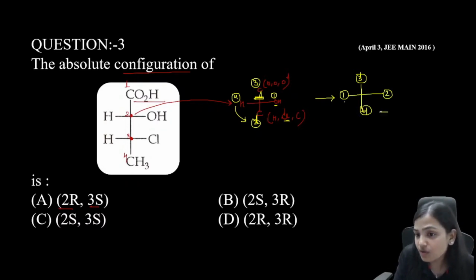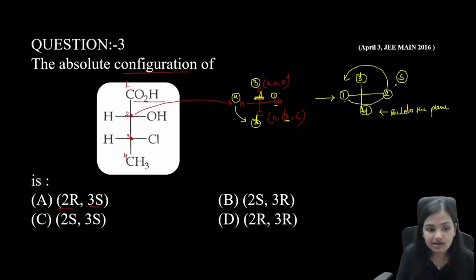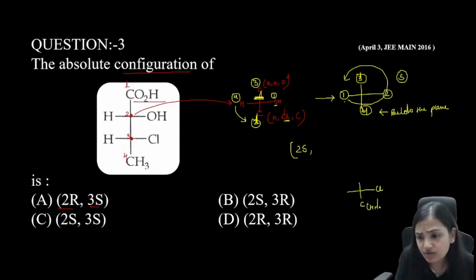Keeping the 4th group below the plane, we have 1, 2, 3, that is anti-clockwise rotation. This is S. So 2S. So we can say that in our answer it has to be 2S. Now look over the third carbon. Over carbon number 3, we have a chlorine. We have a carbon with the 3 hydrogen atoms, and here we have hydrogen, and here we have a carbon which is being attached with